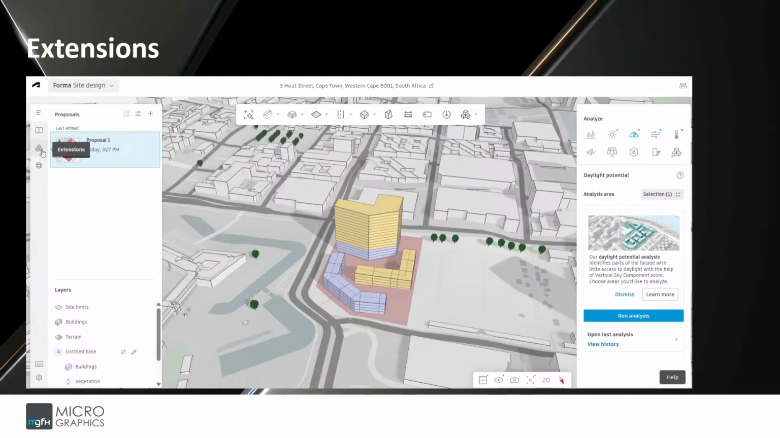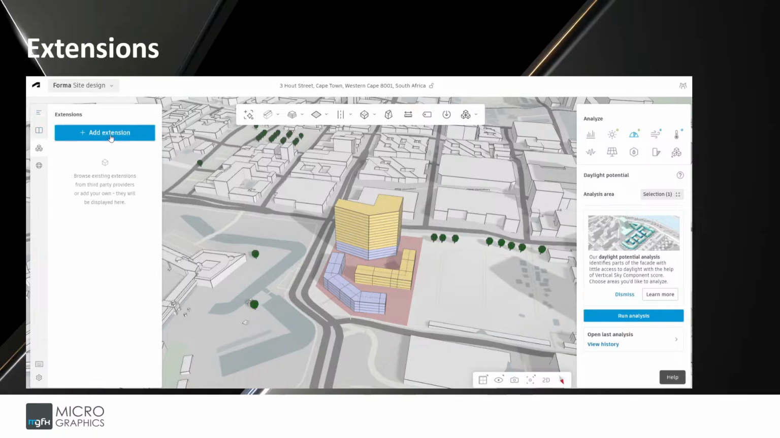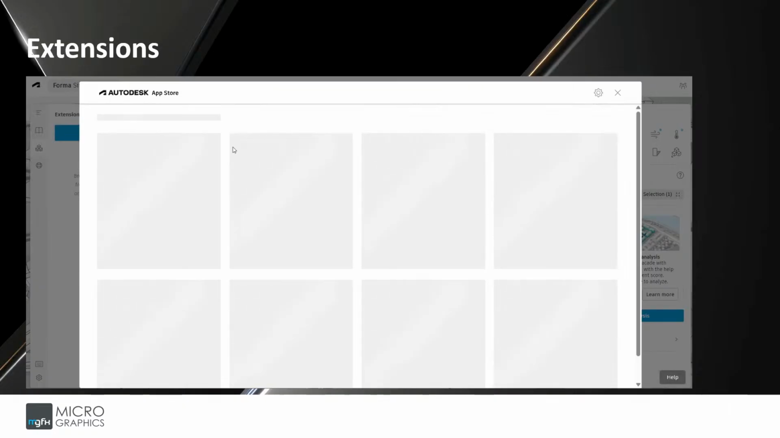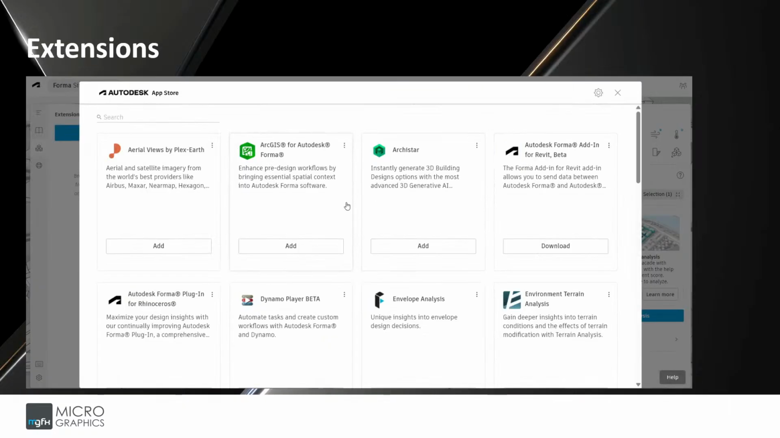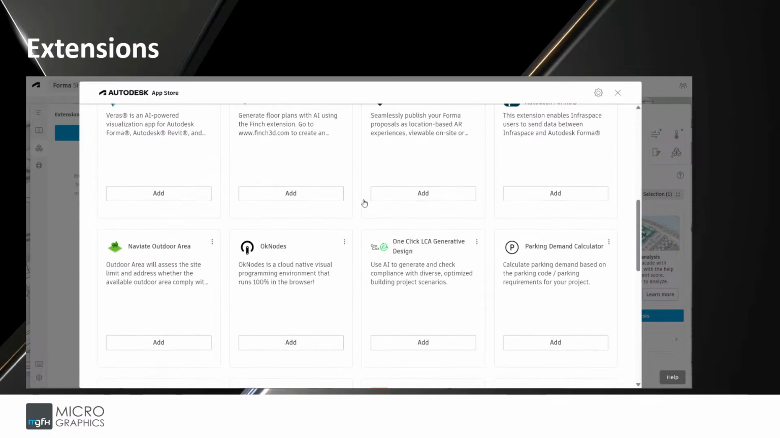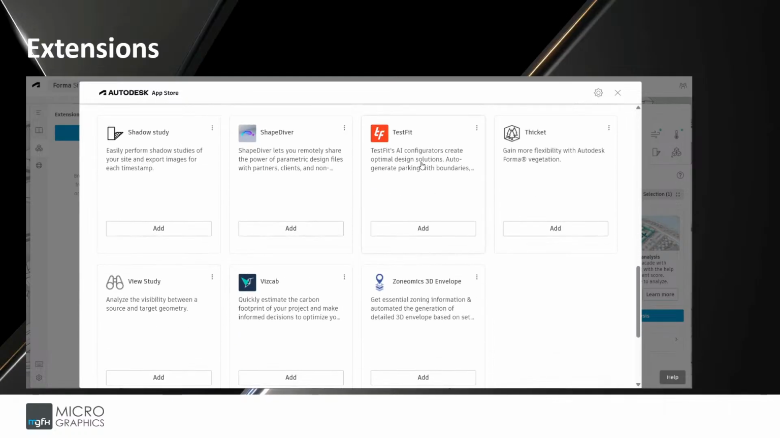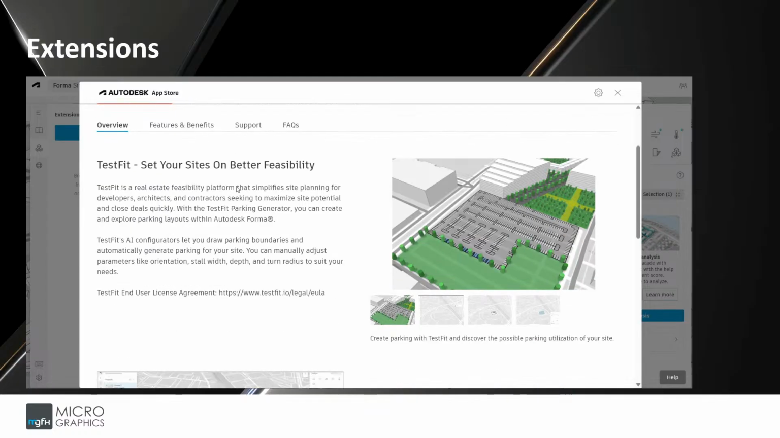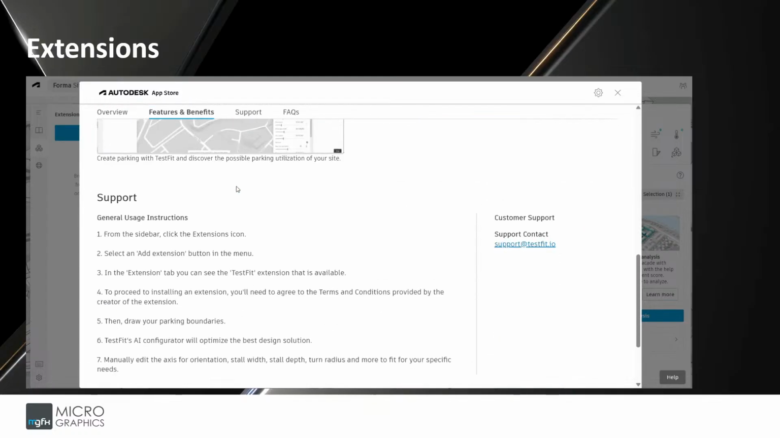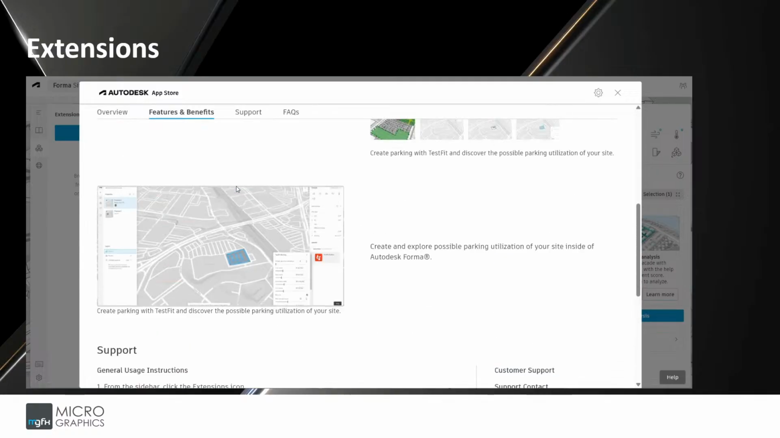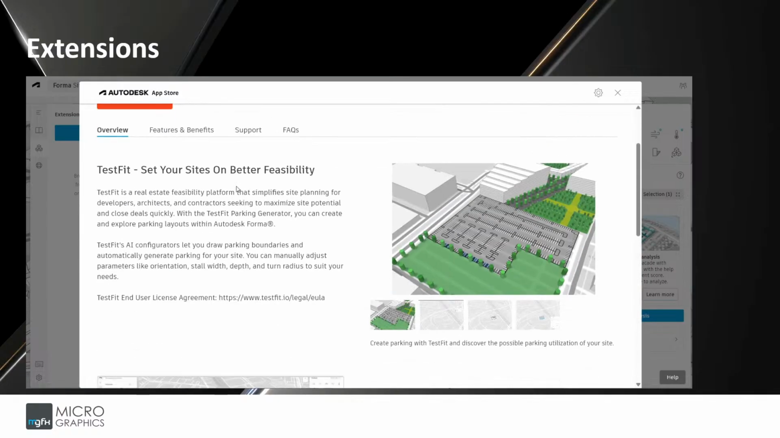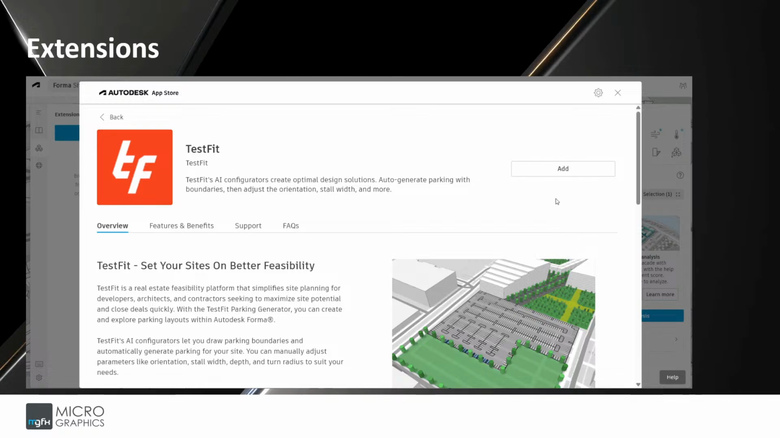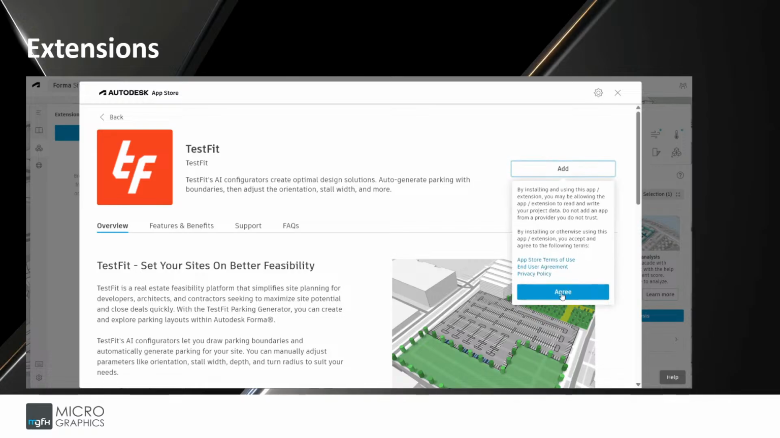So now we're going to look at the extensions. So Forma supports third-party extensions. So for example, you've got TestFit. And TestFit is a plugin which allows you to calculate your parking requirements for residential or commercial designs. It allows you to do the layouts. It automatically generates the layouts for you. And by simply clicking on the Add button, you can add this